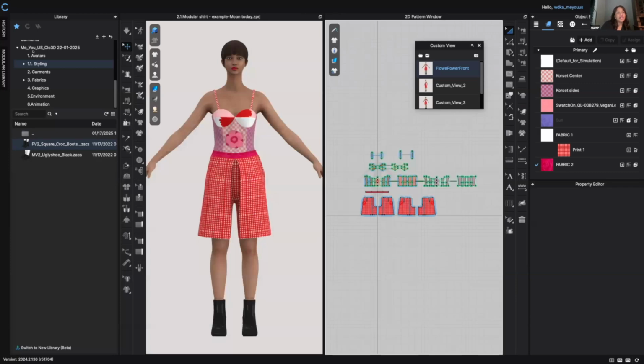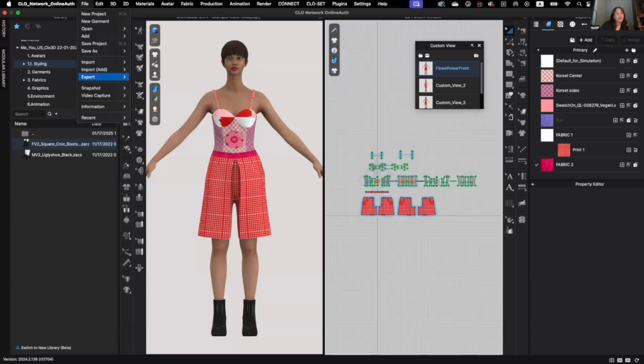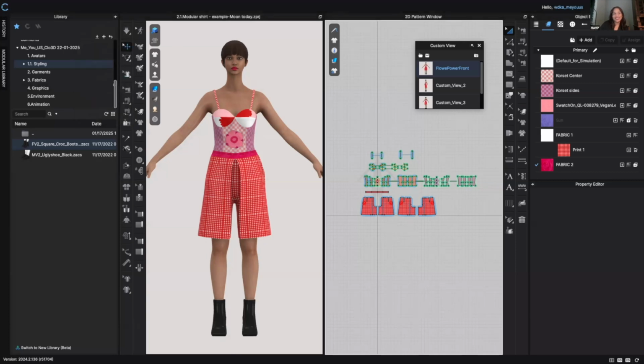And then the next step would be that you can also go to File, and you also have the option to have a turntable. What the turntable does is literally go with the X around your avatar to show the work. But maybe you would like to have your avatar be a bit more exciting than the T pose or the A pose for this part. So what you could do is